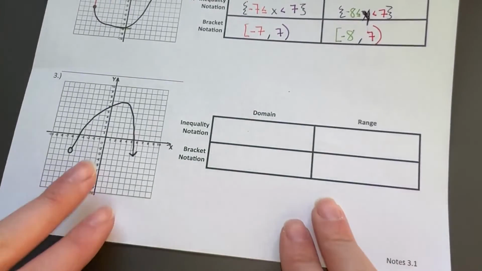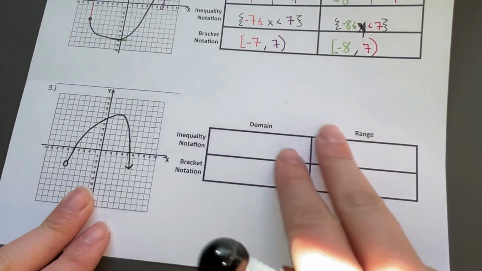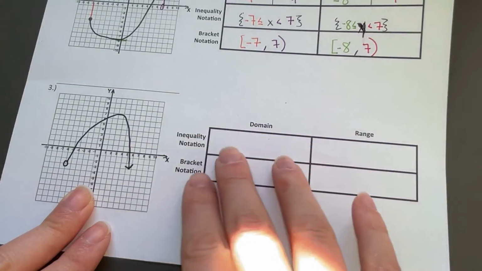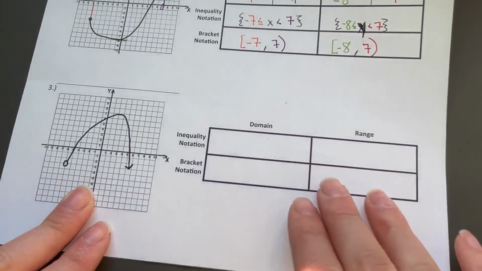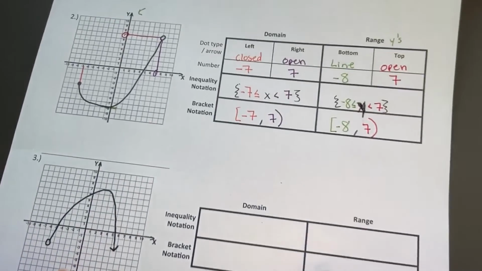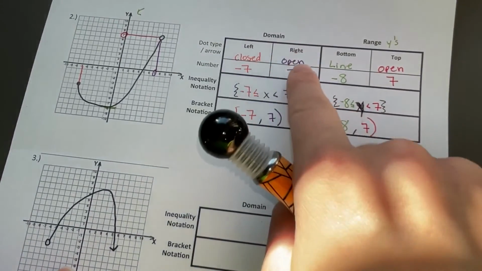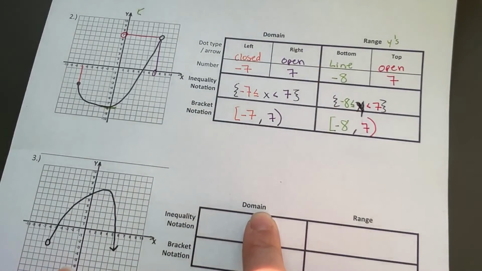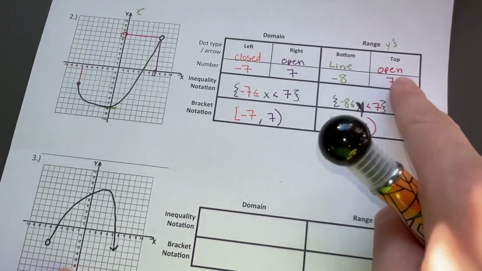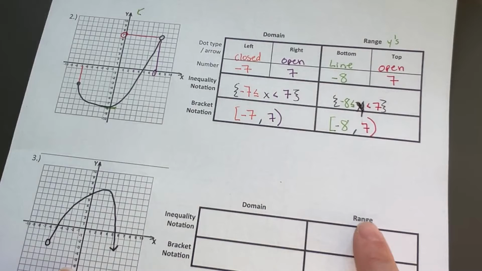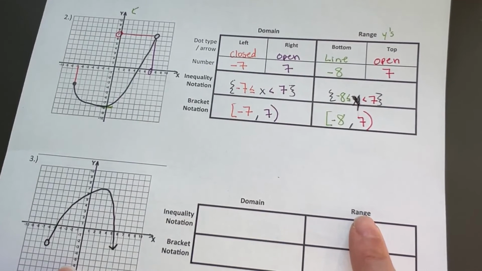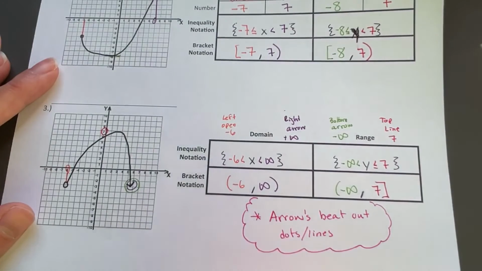All right, so in this next one here, I want you to try and see if you can write the inequality domain and range by yourself and the bracket notation domain and range by yourself. Just remember, figure out what's happening on the left and on the right for the domain, looking at your x's. Figure out what's happening at the bottom and the top, looking at the y for your range. Okay, let's see if you end up with the same answers as me. Looking at this,